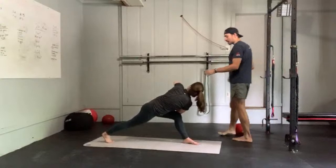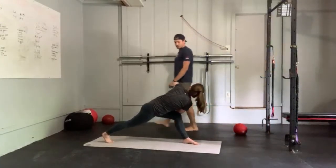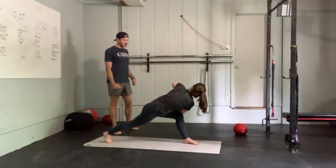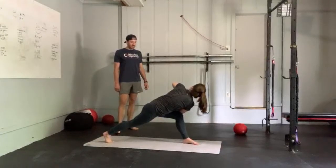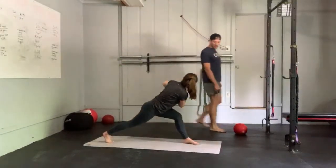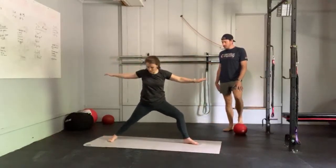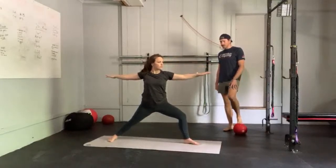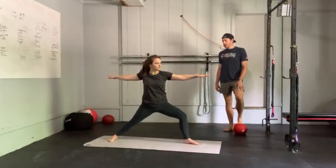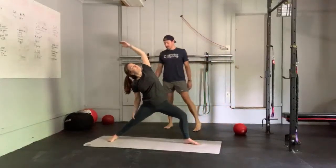Inhale, lengthen. Imagine pulling the crown of your head to the front of the room. And exhale all of your oxygen, twist further. And we'll lift our right elbow off of our knee, hold, and we'll spin into warrior two. Bring our gaze over our front middle finger. One more breath here. Reverse warrior, deep side body stretch,